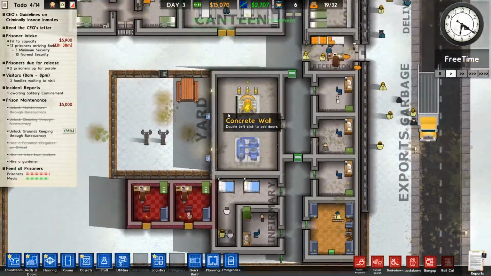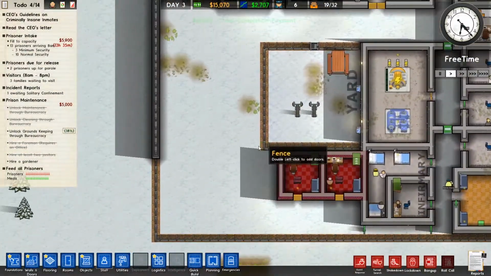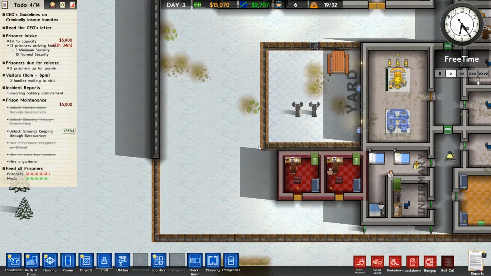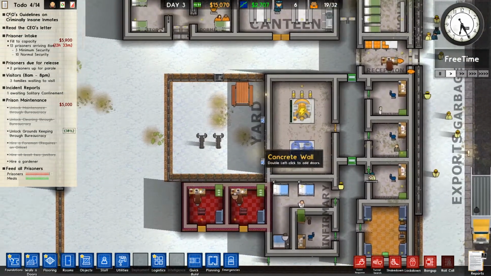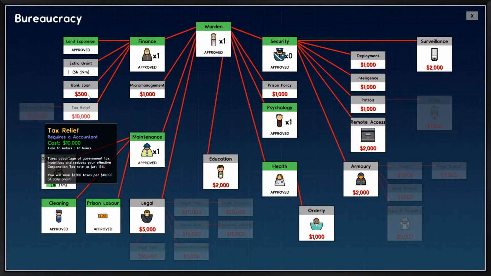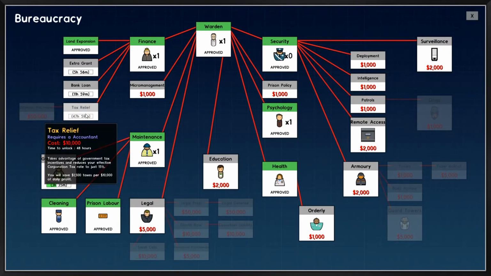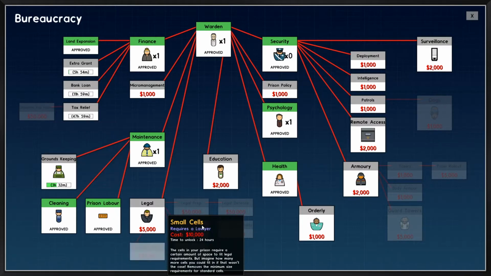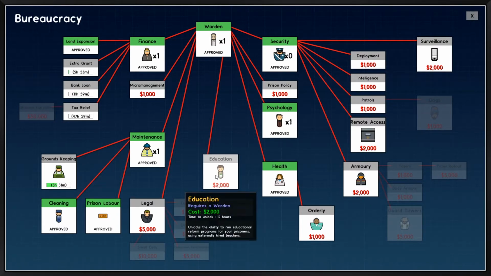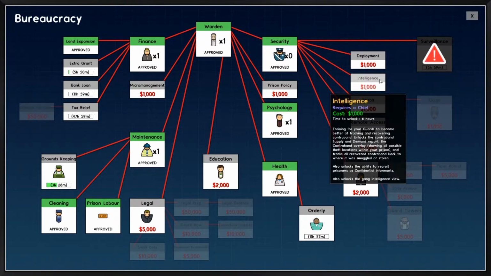There we go, that's 10,000 back into our accounts right there. That gives us 15,000 and a new grant we can open. Now let's have a quick look. How are we looking here? The extra grant would be good. Bank loan, we're not going to need it yet, but okay, fair enough. Tax relief will also be good. Education, not yet. Orderly, very useful, especially since we're waiting for our criminally insane. And then let's get